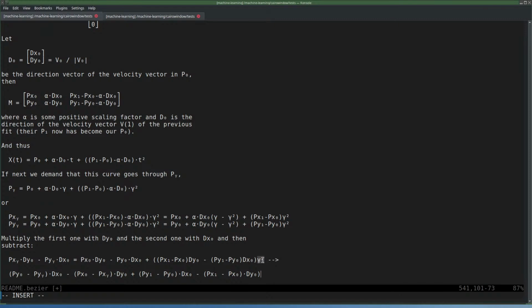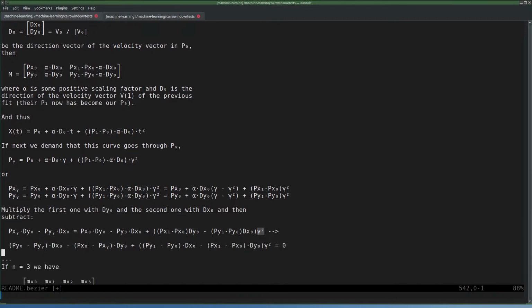Got to the equals 0. Yep, so gamma squared is